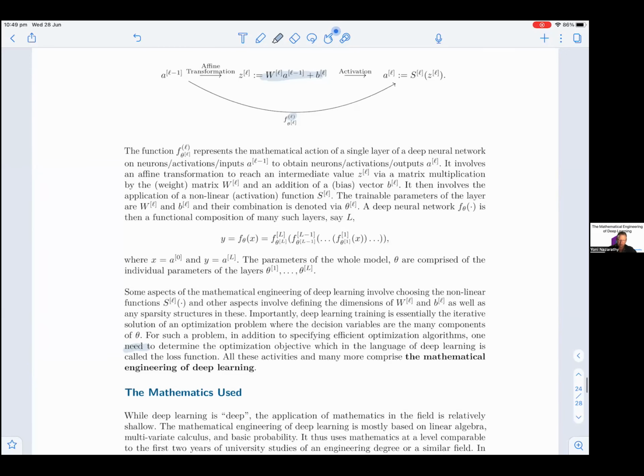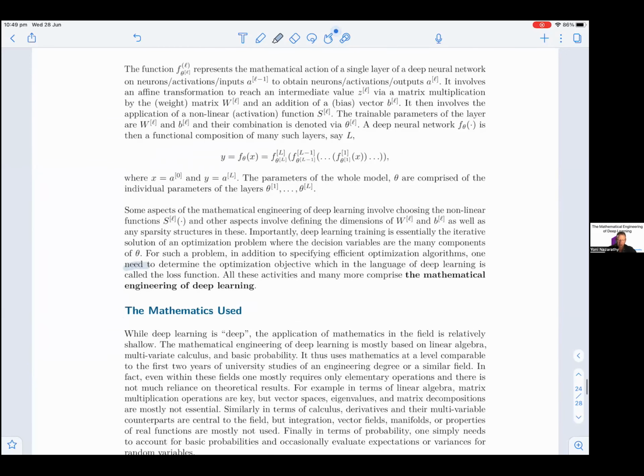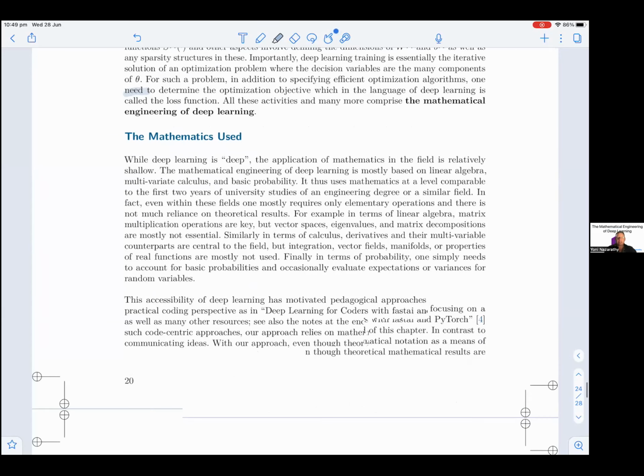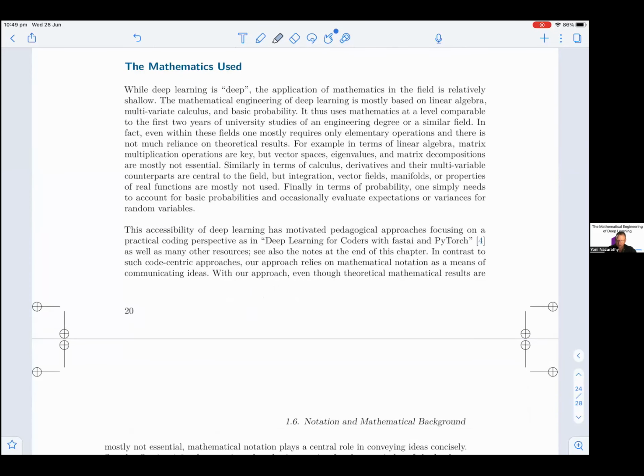The mathematics used. While deep learning is deep, the application of mathematics in the field is relatively shallow. The mathematical engineering of deep learning is mostly based on linear algebra, multivariate calculus, and basic probability. It thus uses mathematics at a level comparable to the first 2 years of university studies of an engineering degree